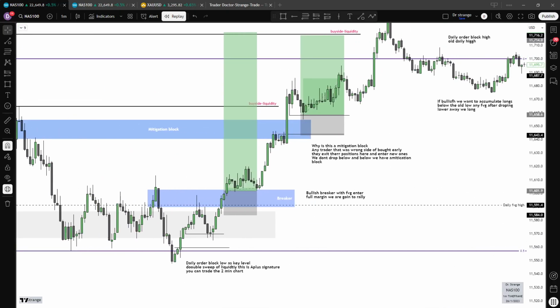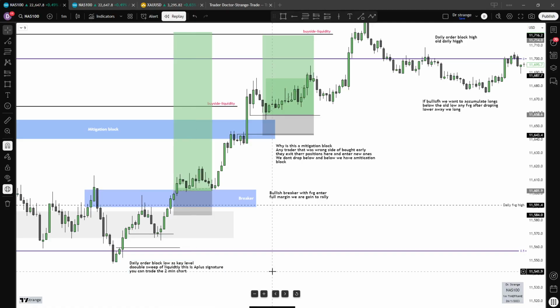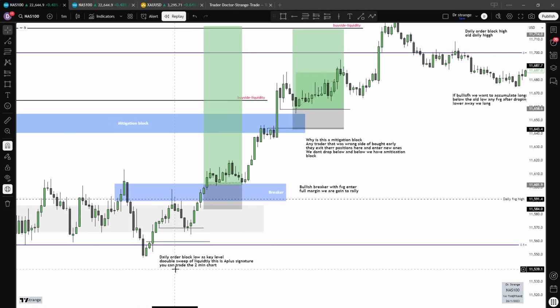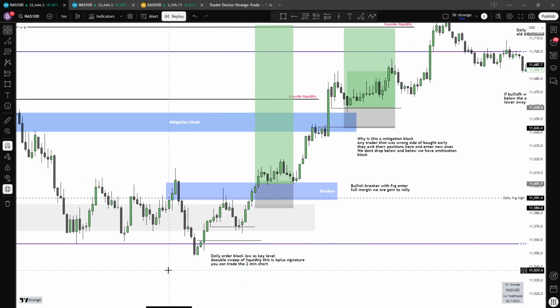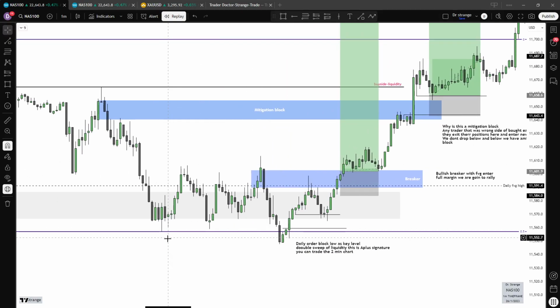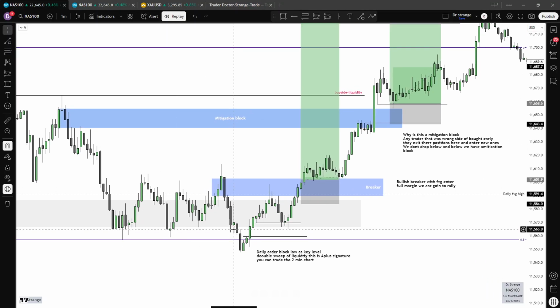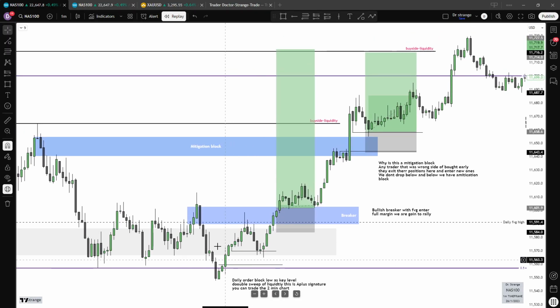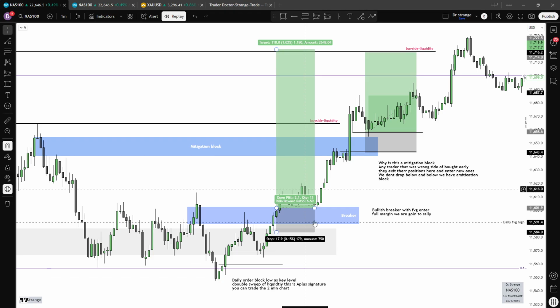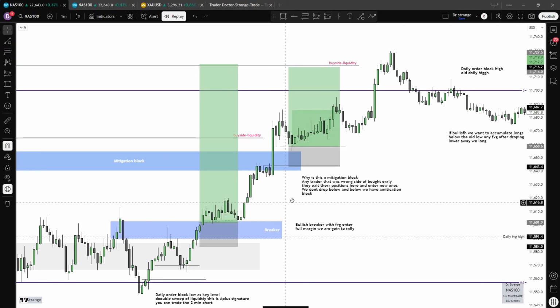So now these are things I will do. Daily order block low, you see how price hits a daily order block low. Double sweep of liquidity is a plus signature. So liquidity sweep, I know which is swept. Now let us see if my algorithmic pattern I discovered is working. So wait for price to hit this. Now price puts in a short-term high, short-term low. So we shall start counting 1, 2. Now when this short-term high is put in, at the break of the second short-term high, price will just go, scroll, not even come back.